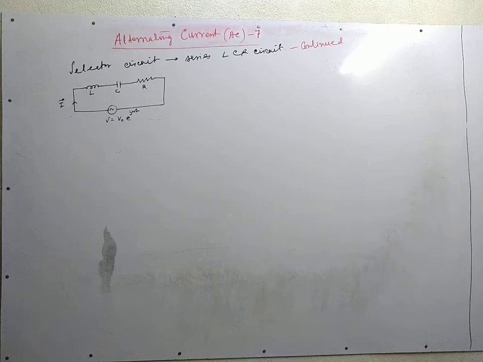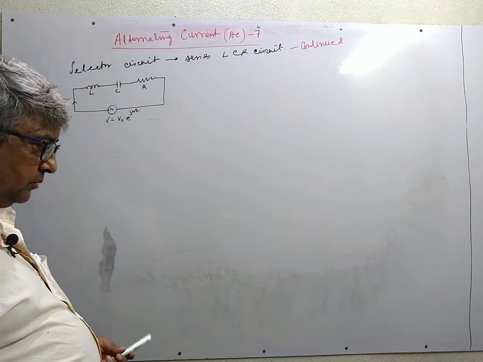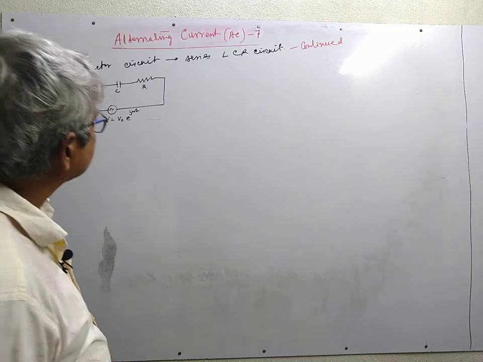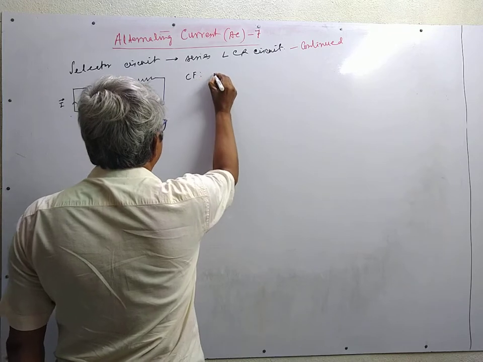In this seventh lecture on AC circuits, we shall continue our discussion on the series LCR circuit fed by an AC source. The circuit diagram is shown in the diagram. In the earlier class we have seen that